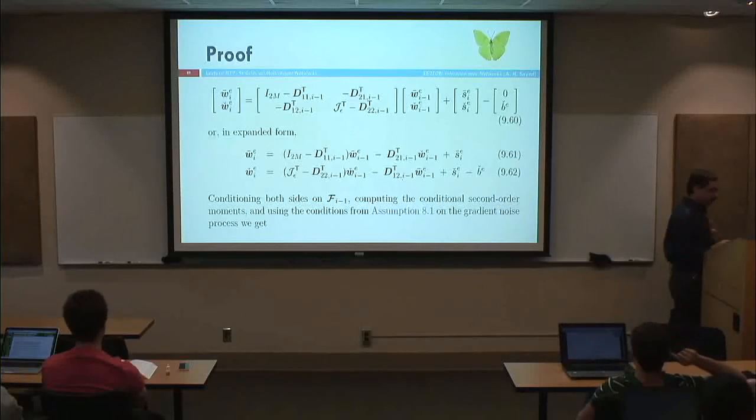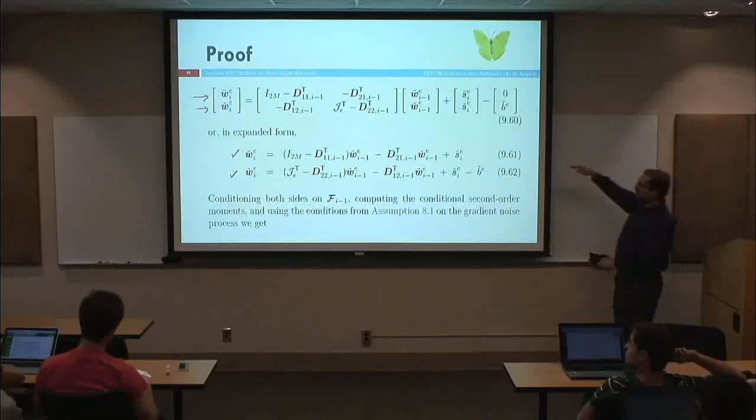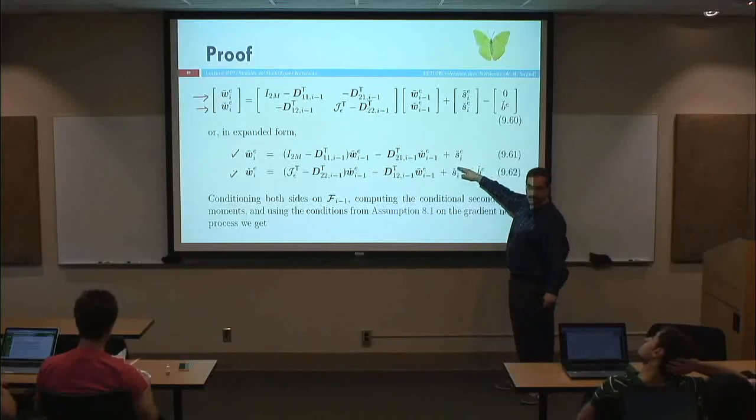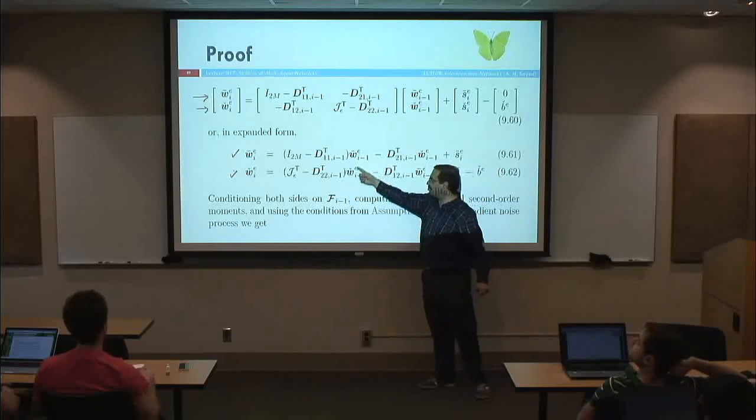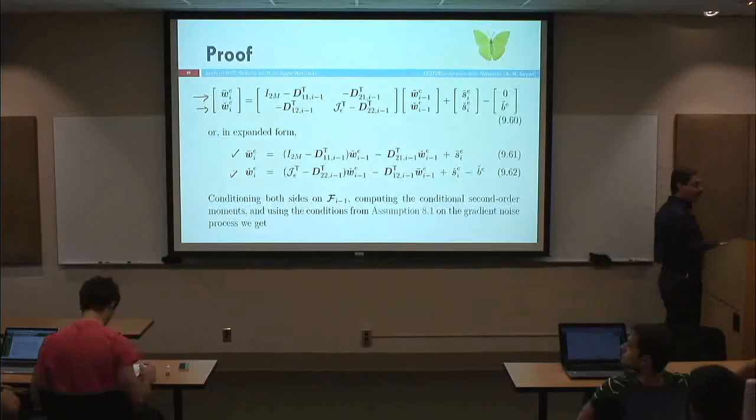Now, just write down the recursion for the W bar, here it is. For the W check, here it is. I just wrote them separately. Of course, they are coupled: W bar, W check, W bar. Okay? Now, what I'm going to show